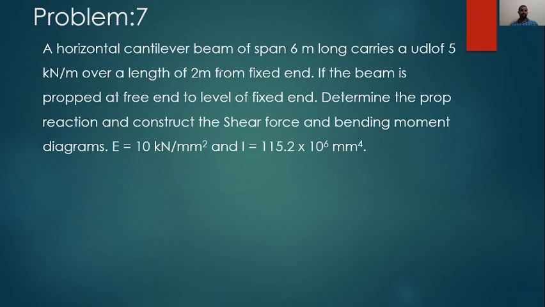And we'll have one more problem, this is the last one. A horizontal cantilever beam of span 6 meters. Let us draw over here a horizontal cantilever beam of 6 meters that carries a UDL of 5 kN per meter over a length of 2 meters from the fixed end. Now we have a UDL up to a distance of 2 meters only. Let us say this is 2 and the overall distance is 6,